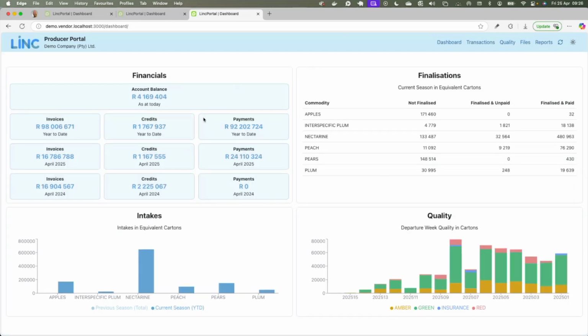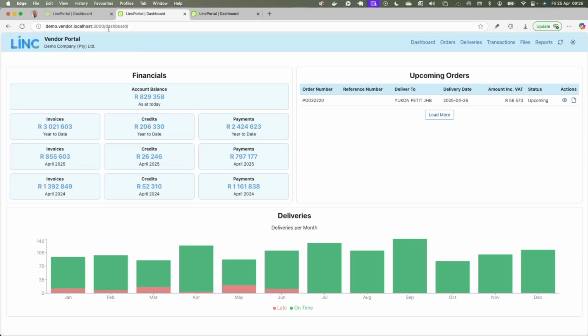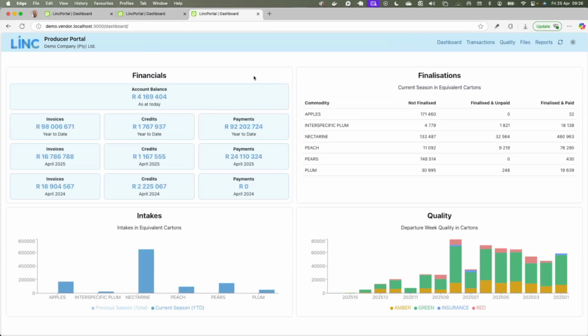We aim, with this new version, to be able to really add quite a bit of options to the dashboard and the graphs here. We don't want to replace Power BI capabilities. This is not the plan with this, but this new platform does give us the option to be more graphical and present more useful information to your producers or to your vendors or to your customers on the dashboards when we log in.